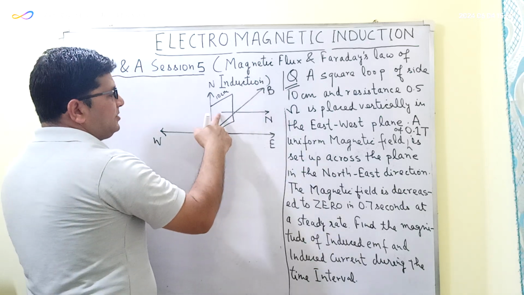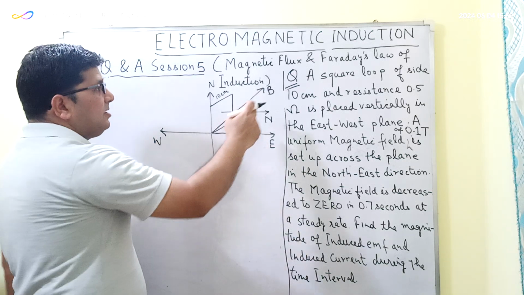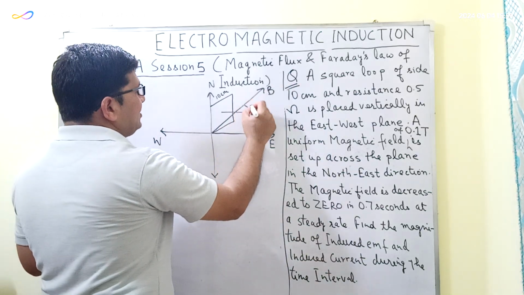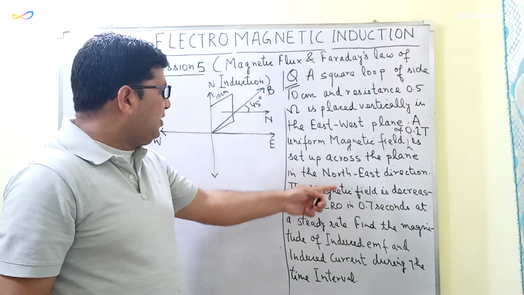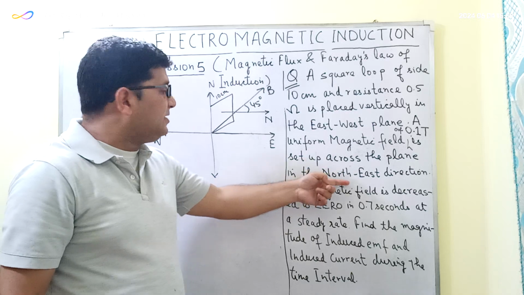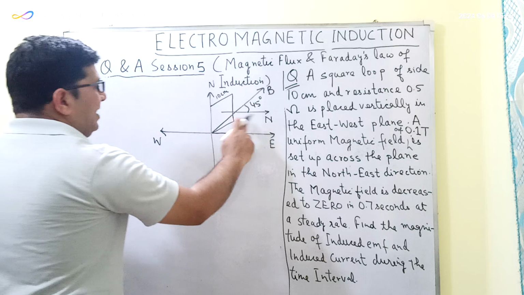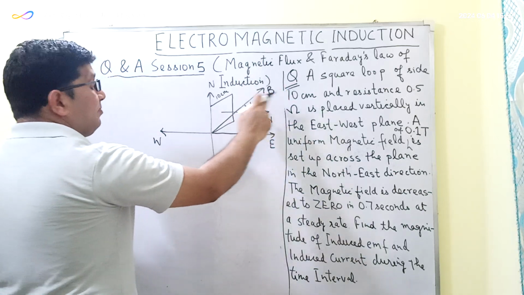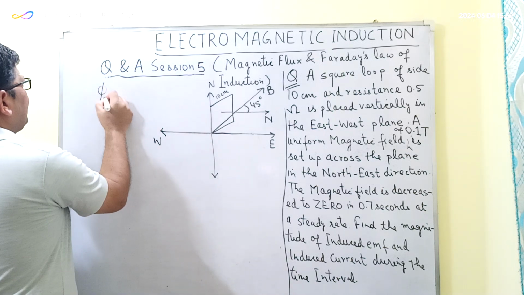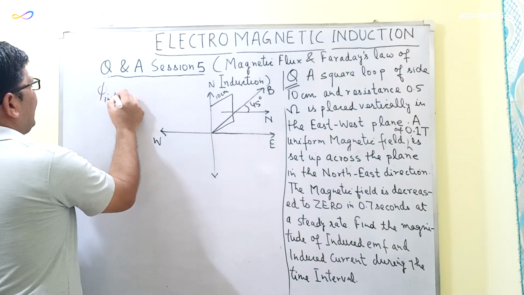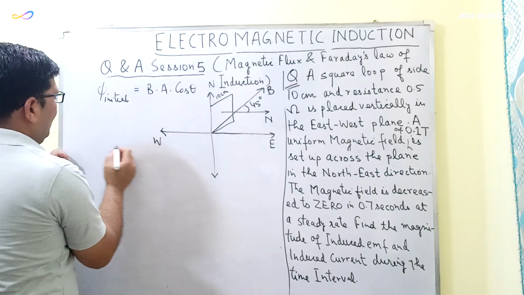This horizontal arrow is basically pointing the normal to the surface of the square loop. So this angle will be equal to 45 degree, because the magnetic field is set up across the plane in the northeast direction. So the angle made by the normal to the surface of the loop and the magnetic field is 45 degree. So first of all, now we will find the initial magnetic flux, which is given by the formula BA cos theta. So here the initial flux